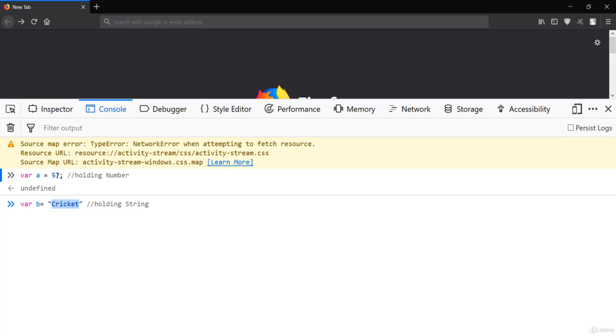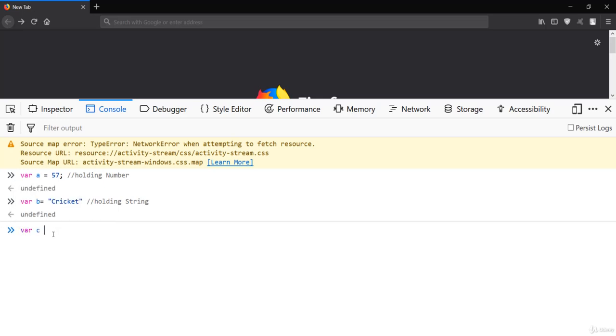First of all, JavaScript has 5 primitive data types, and the first one is string. In order to create a string, you have to give any text inside double quotes, or it can also be single quotes.